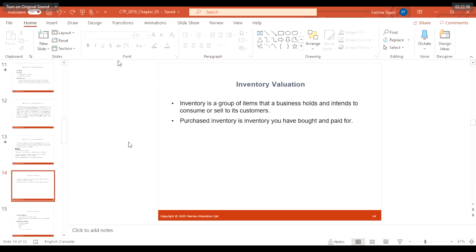Unincorporated businesses will also have an inventory valuation on a smaller scale, like people who are trading or people who are manufacturing. People who are manufacturing will buy the raw material, process it in their factory, and then sell the finished goods. In that process, it doesn't happen that whatever you buy, you sell immediately. You will have some amount of inventory left in your warehouse at the end of the year. So you need to count that inventory.